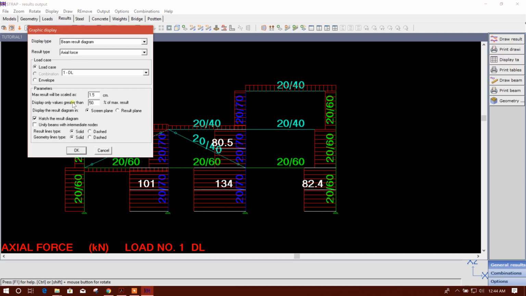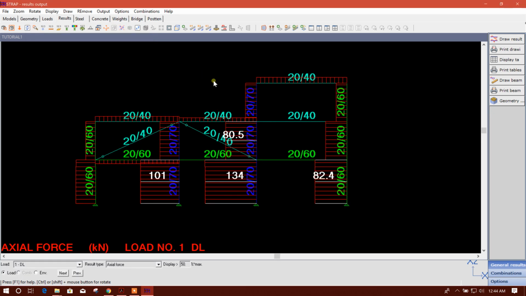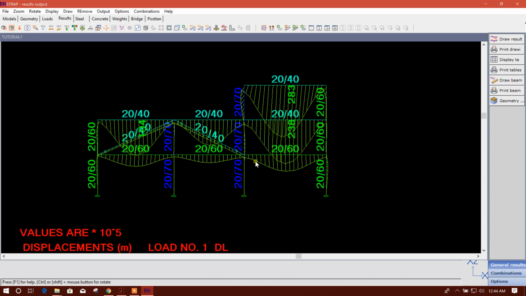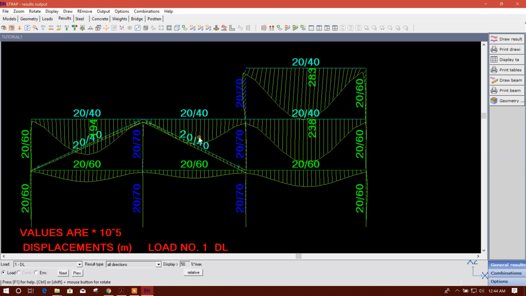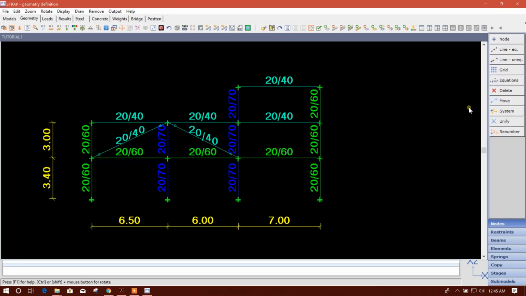Okay, in this way we can explore our result from here, and we can see the displacement also. Sorry, beam result displacement. This is the displacement. You can go for geometry, beam, and you can go for